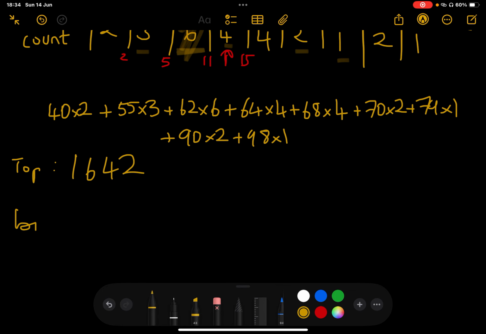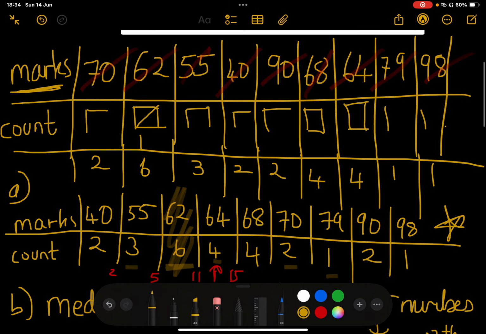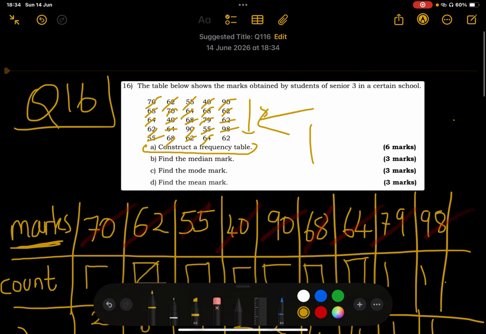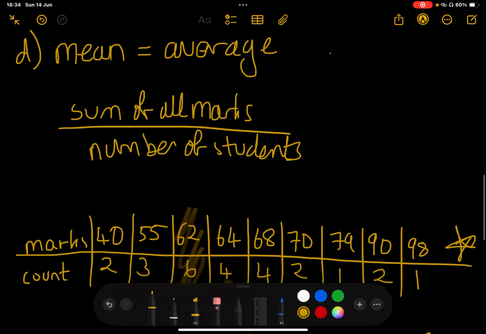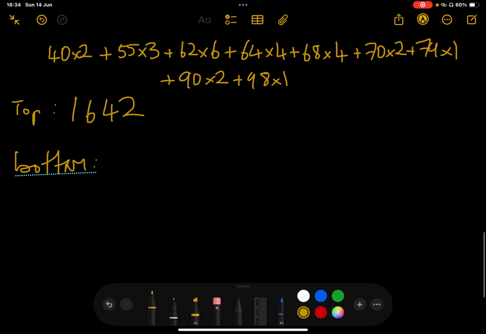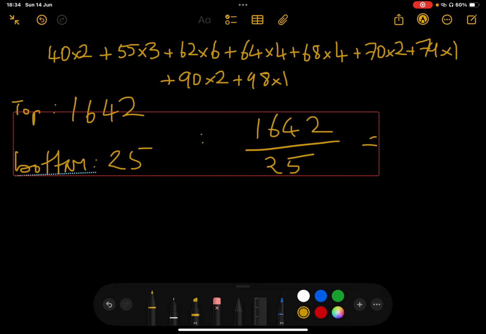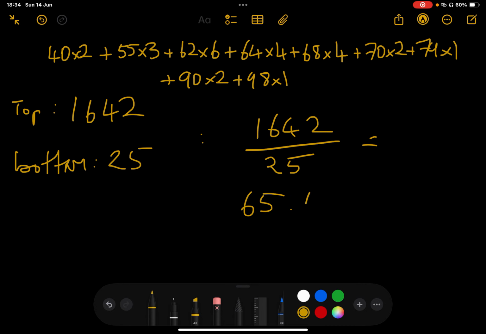Okay, the bottom, the number of students, if we look back to the original thing, we see that the number of students, there's 5 going this way, and 5 going this way, so the total is 25. Okay, so the total number of students is 25, so our answer should be 1642 divided by 25. Okay, so let's divide by 25, and we get 65.68, which sounds about right? It seems like the average of all those